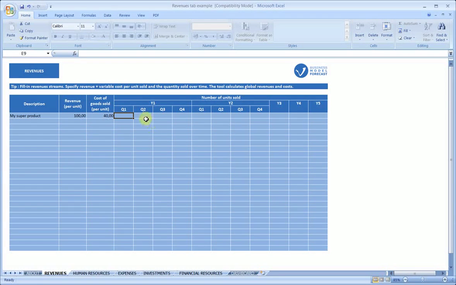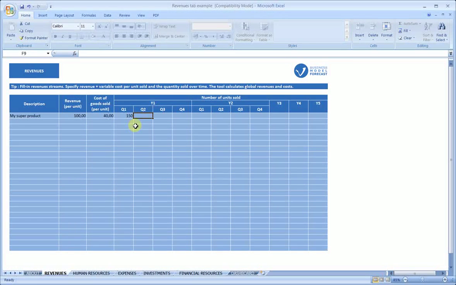Then you have to specify and forecast all quantities you expect to sell over the years. We are going to start with the first two years. For each quarter you have to specify the quantity you expect to sell. So let's say 150 for the first quarter, and then I can recommend you to forecast the other quarters with